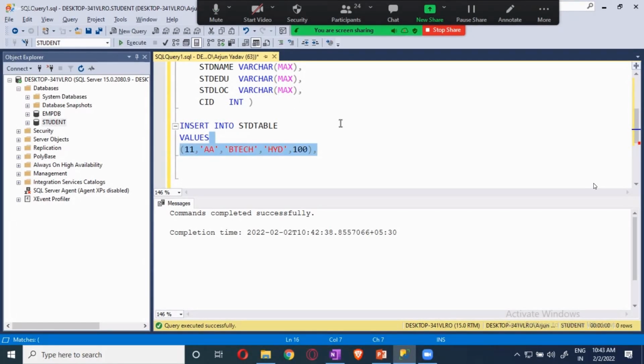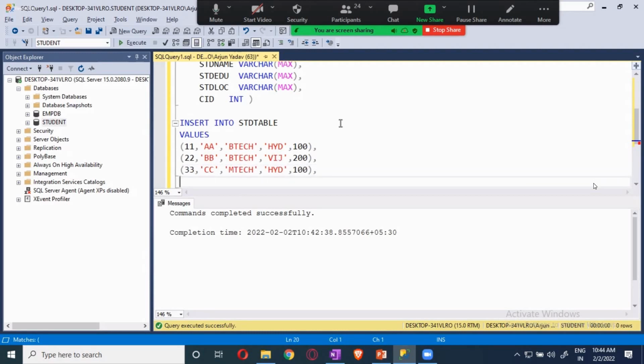I'll copy this and paste it. Let me change it. This one I will give as 2 and B, and here the B tech, and this I will give as 200. And next one is B, C, and here I will give tech from Hyderabad and Python.